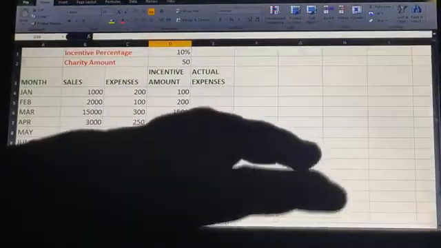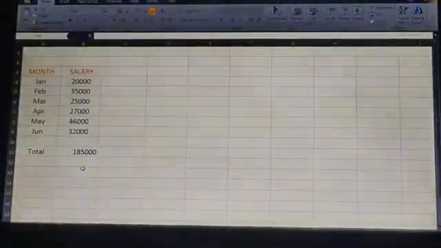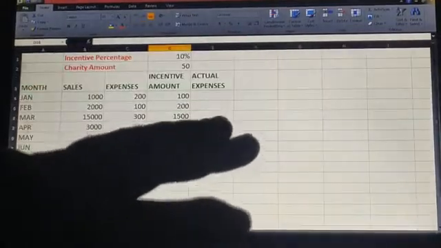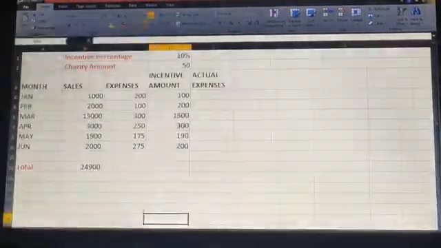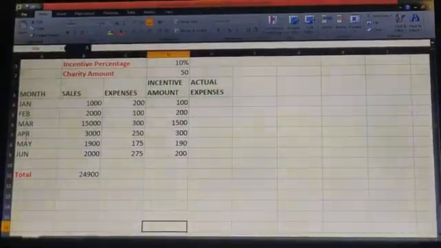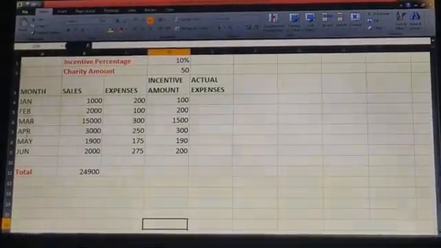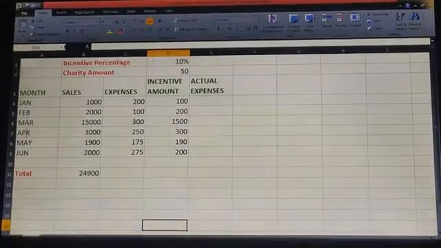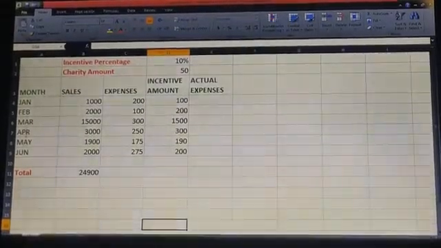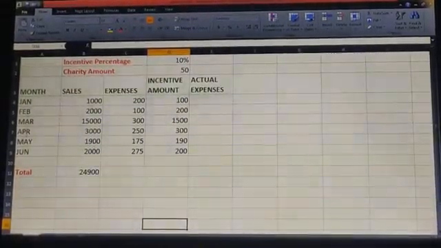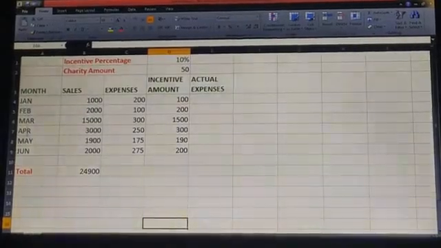Similarly, you can rename Sheet 2 also by right clicking on it. I'm giving this name, Salary, and press enter. So you can change the sheet name according to your requirement, whatever data you have to save. So you can give its reference in the name also. Okay, so it is very simple to rename any sheet by right clicking, and the pop-up menu will come and you have to select the rename option.